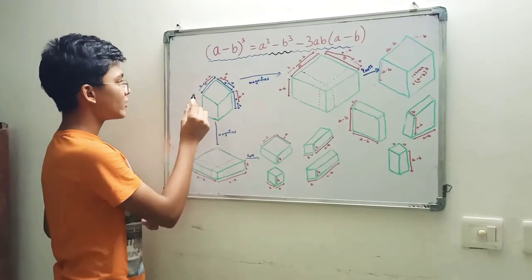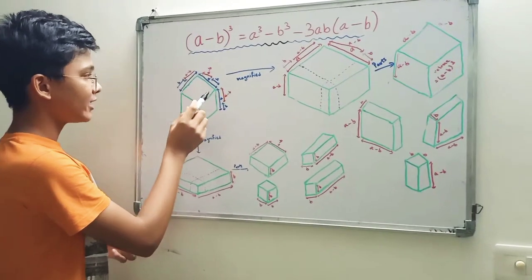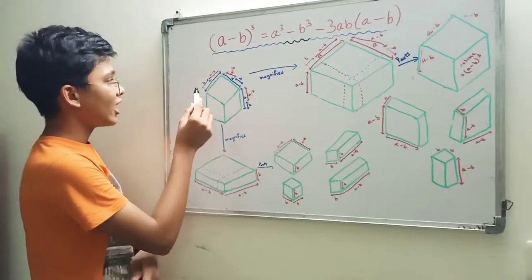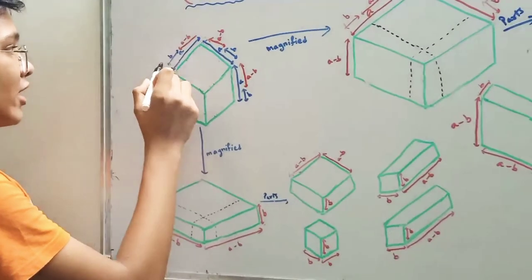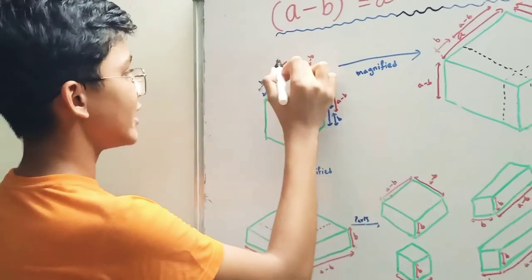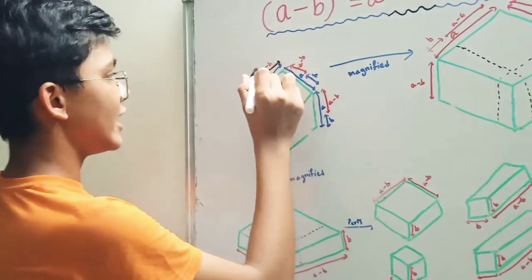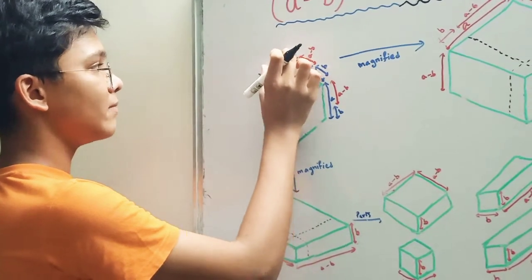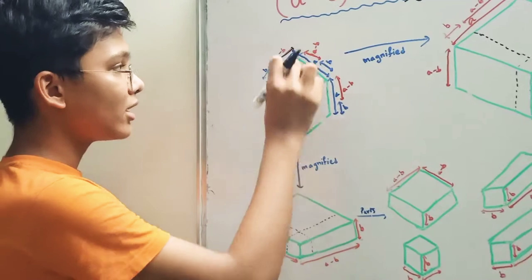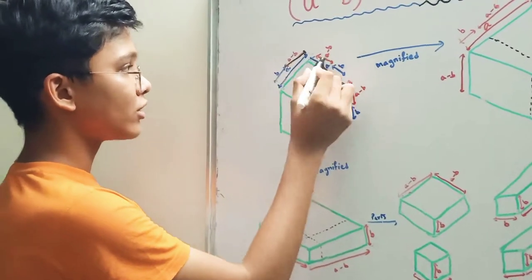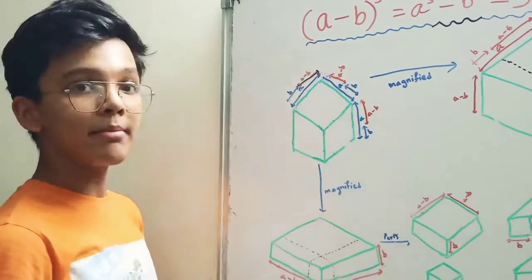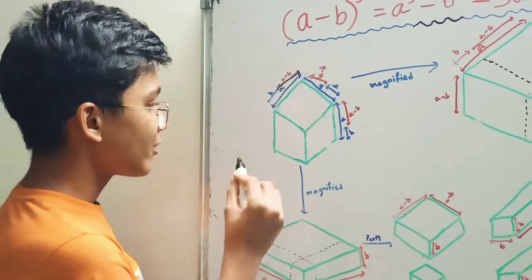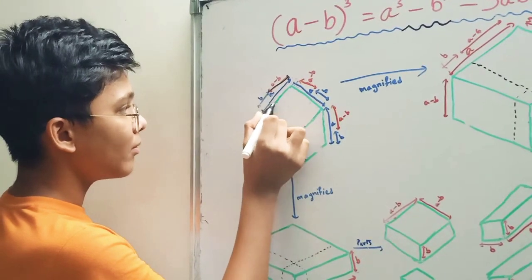So let's take a cube with length a, breadth a and height a, because a cube has all sides equal. Now let's take b here. So this end will become a − b, because this is b and this is the length. So a − b will become this length. Now similarly, on the breadth side also, this will become b and this will become a − b, and similarly here. Now let's cut from the b part.